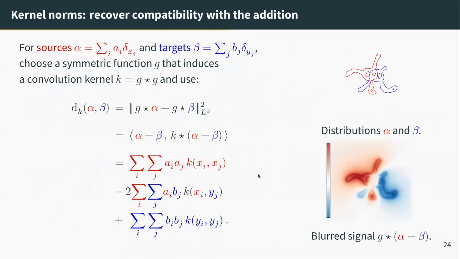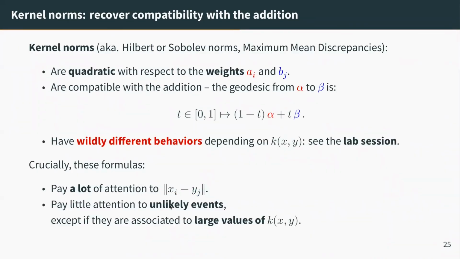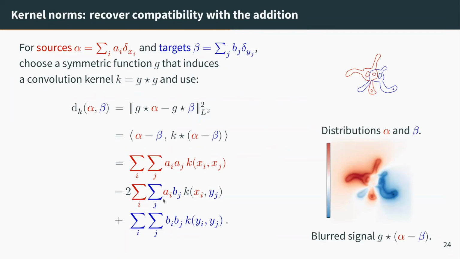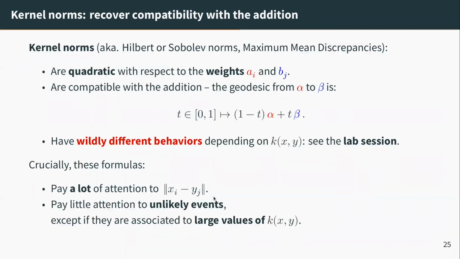And also, because of the structure of this formula, out of the box kernel metrics pay little attention to unlikely events, because you have products of likelihoods. So if the likelihoods are small, this product is probably going to be very small, except if K of x_i, y_j is very large. So basically, kernel norms only pay attention to unlikely events if they are associated to